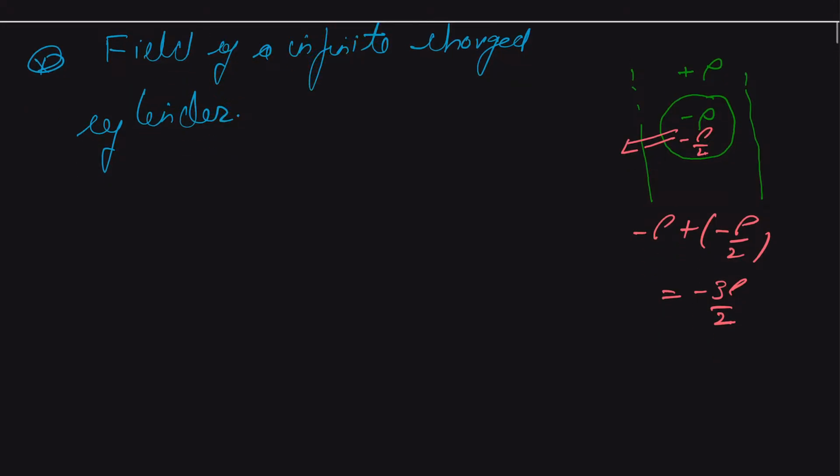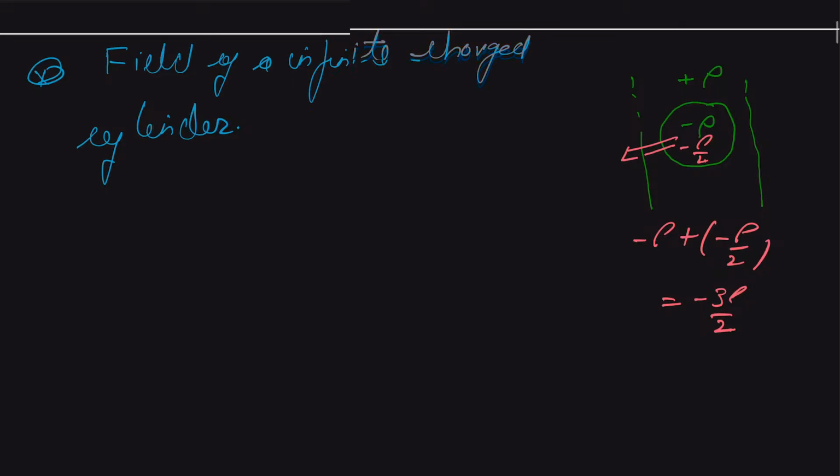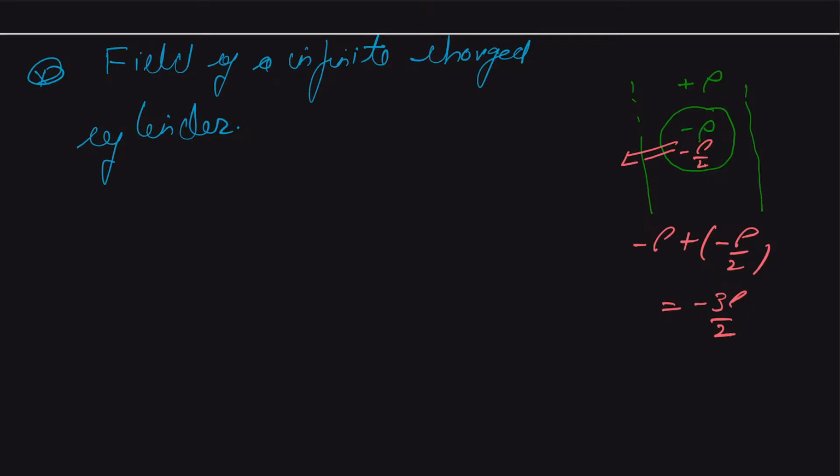We already know that for an infinite charged cylinder, let us suppose its electric field is given as E cylinder, and that will be equal to the charge density divided by 2 epsilon naught,